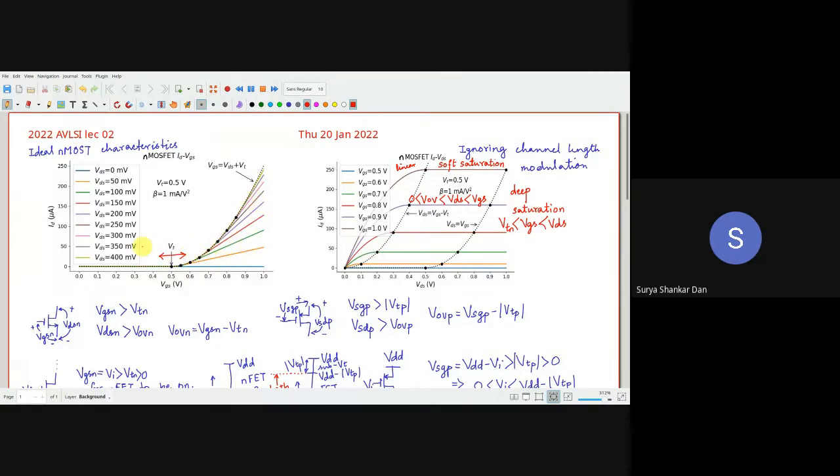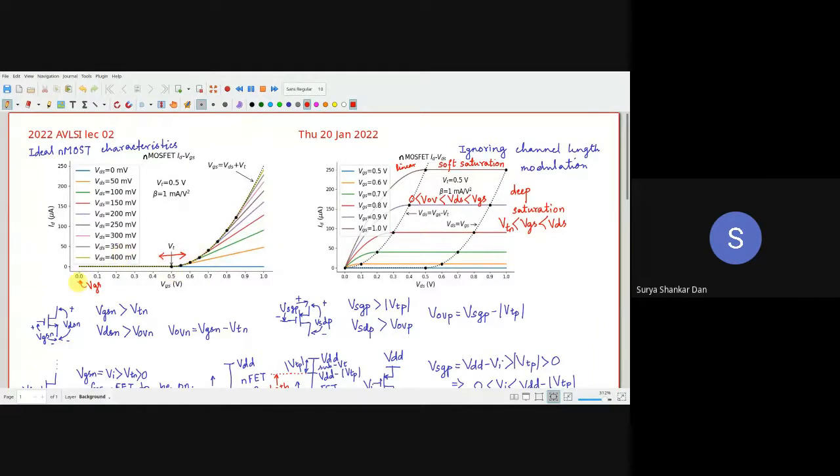That means current is flowing. When VGS is becoming sufficiently lower than VT, notice sufficiently lower, because when VGS is slightly lower than VT, it is in the subthreshold. I want to make it completely off. So when VGS is sufficiently lower, I will try to keep VGS as close to 0 as possible. This is important, the word sufficiently lower, because later on next class I will begin with noise margin analysis, we will see what its implication is. Agar VGS is slightly lower than VT, still it may not be logic level 0, logic state 0 for that matter.